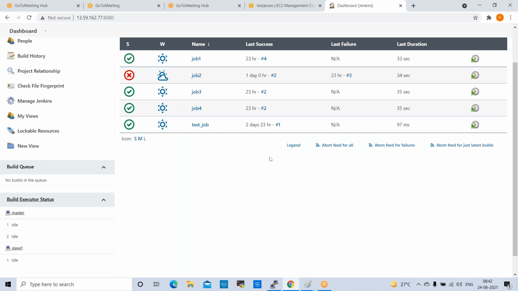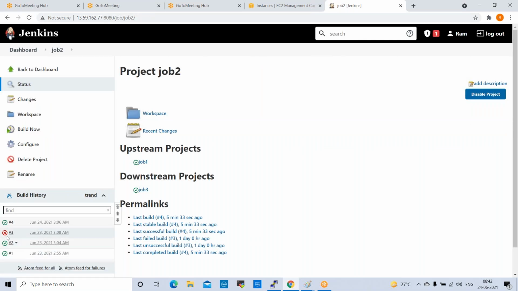For job 2, there is a red symbol, right? Does it mean that it didn't run successfully? Yesterday it failed, and that is yesterday's one. I'll show you. Yesterday we ran it, one time we changed the goals, but today it is configured properly again. Then it should show the correct symbol again. Yesterday we modified it, and again we modified it into the proper way, so that is why it is a success.